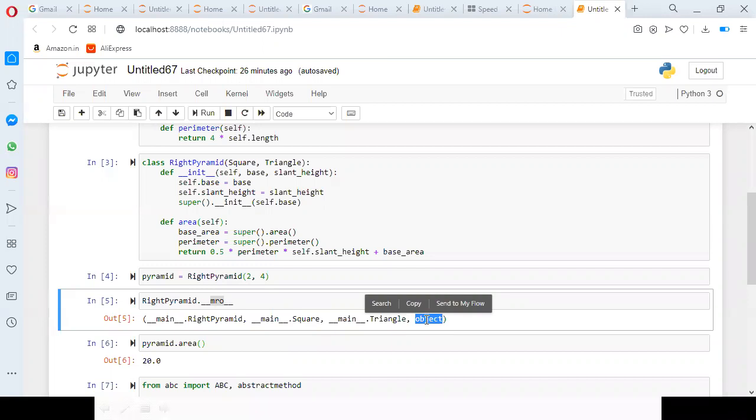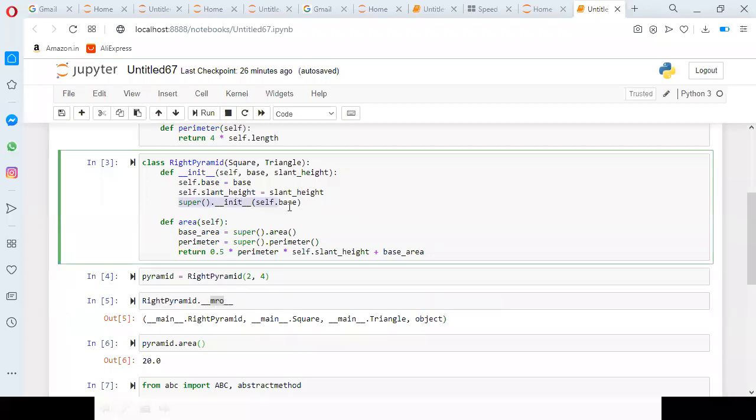So first it gives preference to Square, then Triangle. When you mention super().__init__, first it goes to Square.